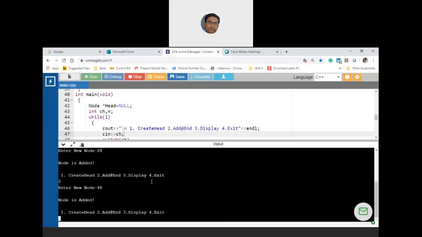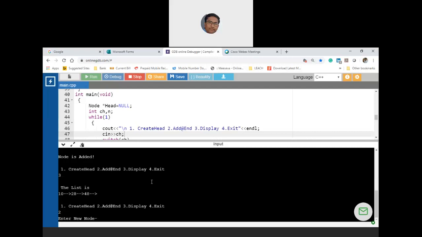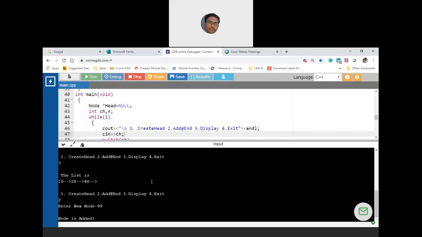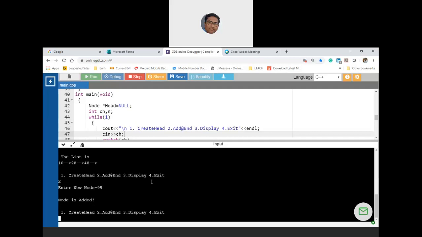Now let us display. So you got 10, 28, 48, and the last is null. Now let me add one more, that is 2, and let me add maybe 99. Now let me keep 3. And so on.